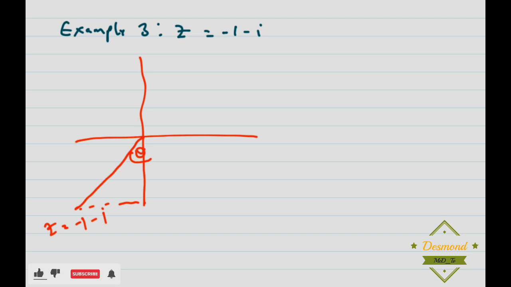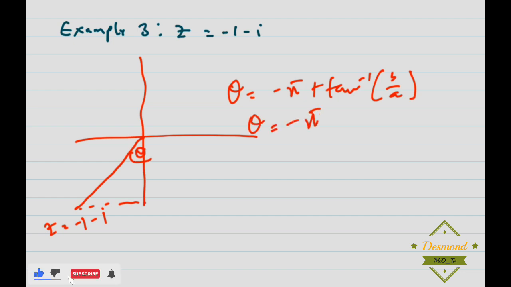Trying to find this angle here, right? So theta here is going to be negative pi plus tan inverse of b over a. So theta is equal to negative pi, right, plus tan inverse of